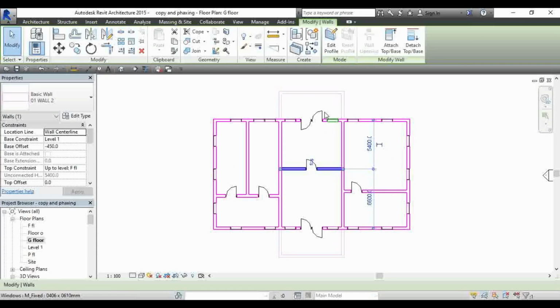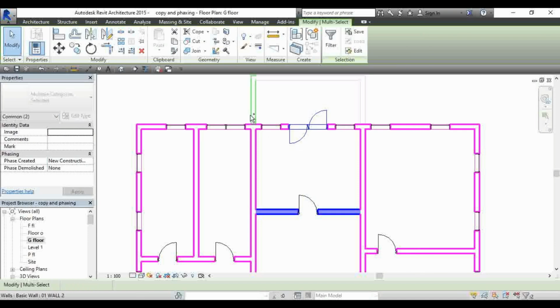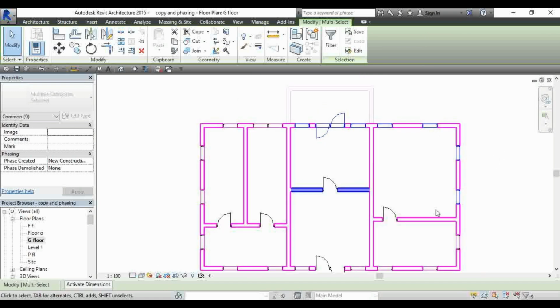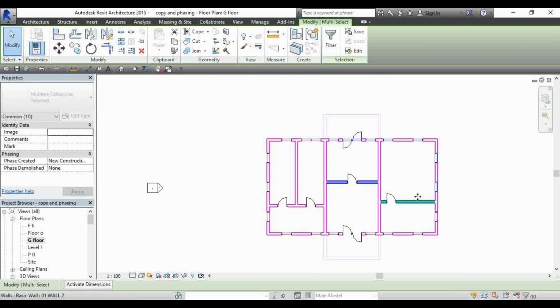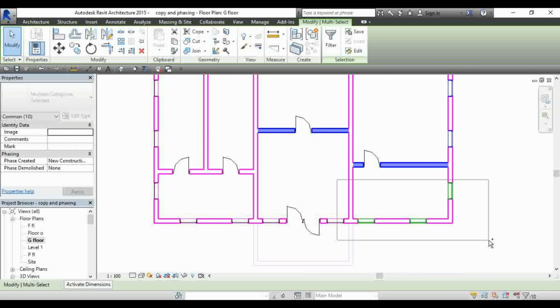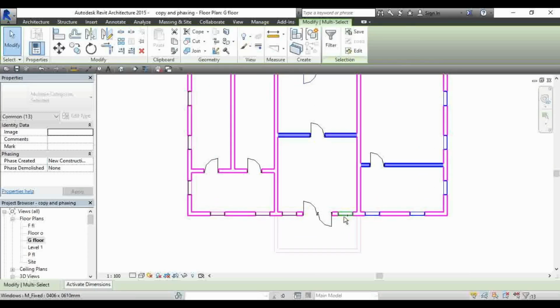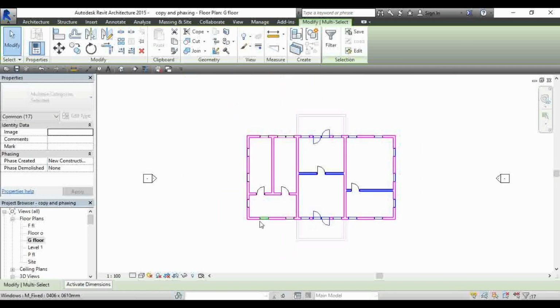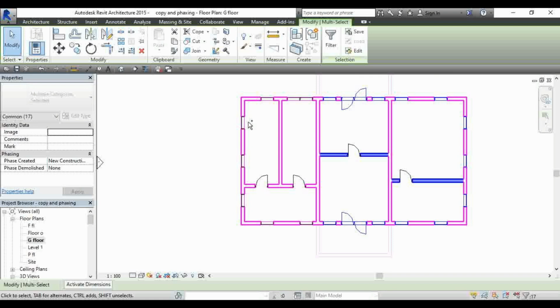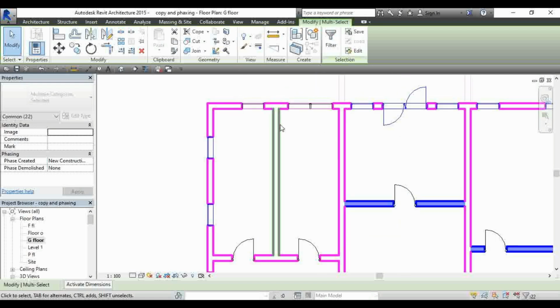and then automatically take them to that particular level. So I'm going to select the elements, the windows, the doors that I want to take to the first floor, including the wall that I want to take there. I'm going to select the ones that I want, and then once I'm done with my selection,